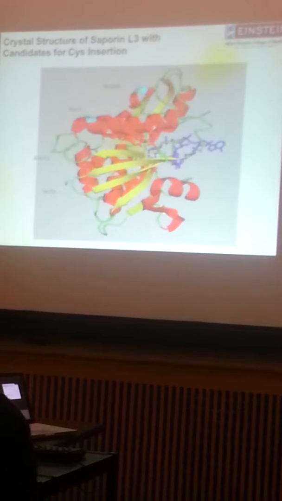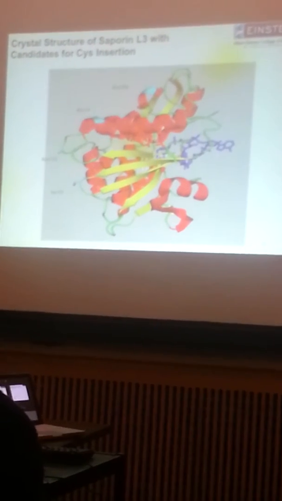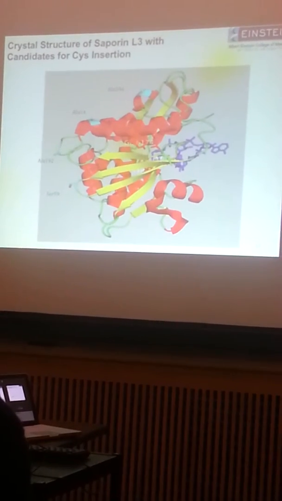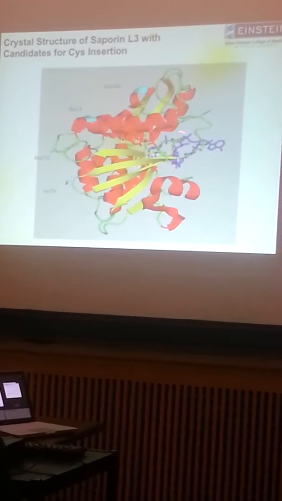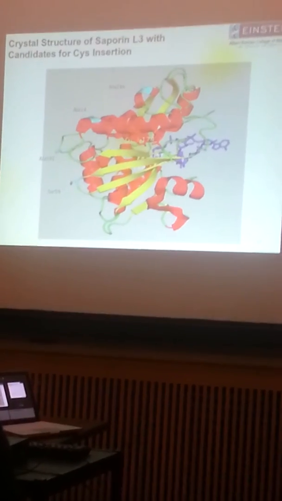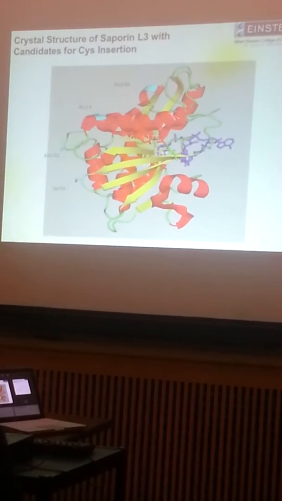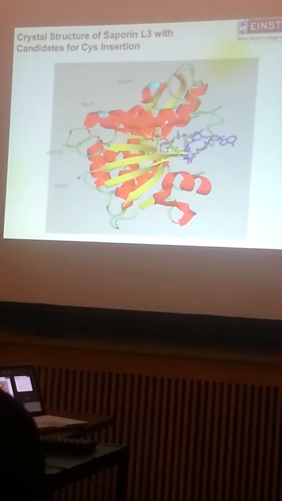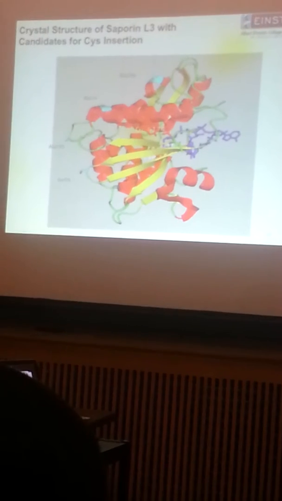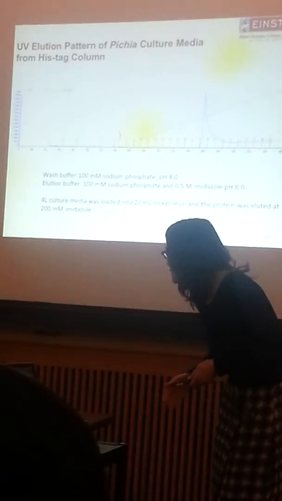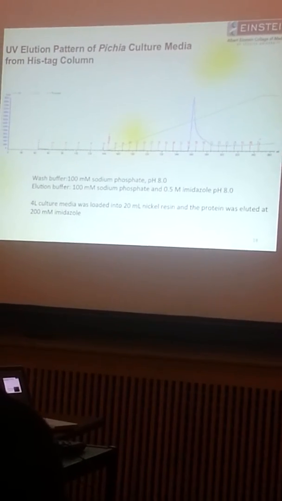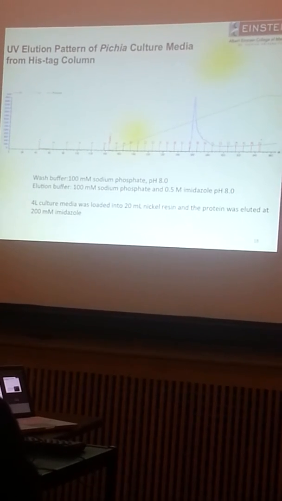And since there is no cysteine in the protein sequence, we try to introduce one cysteine to link to the antibody for future studies. So here, the blue color shows the ligand in the crystal structure, in the active site. And on the other side of the active site, four residues were chosen to be mutated to cysteine. First, the A14C is purified with the nickel column